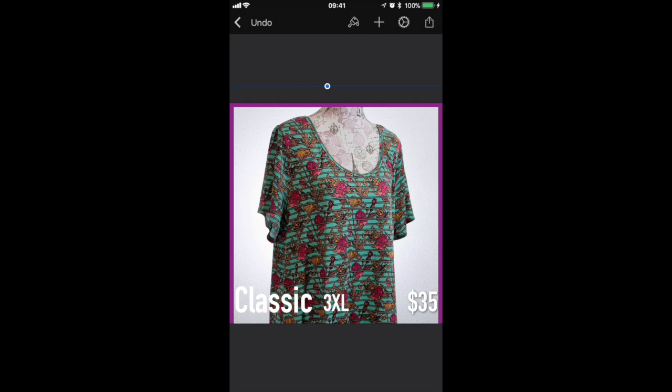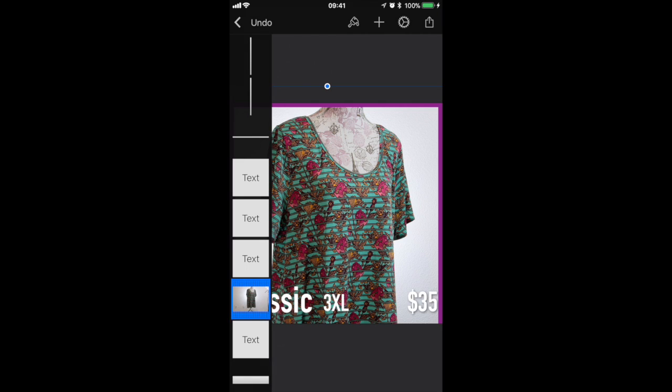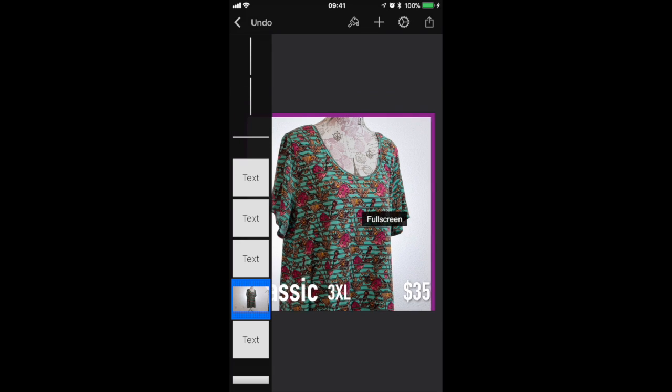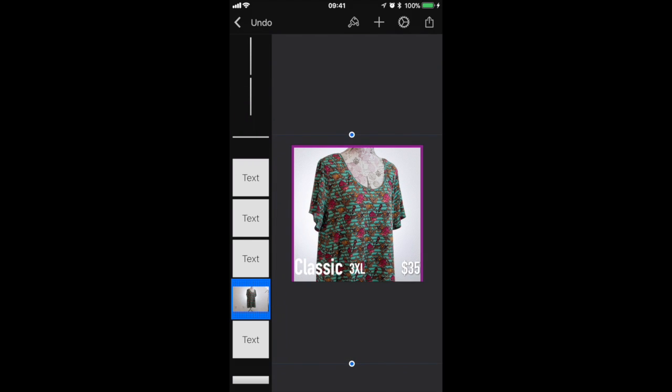Except now our template's all messed up because you can see the photo covers the bottom bar, the bottom margin. It covers up our branding, but the text does show through. And this is because of the layers, or how the layers are organized. So if I tap on the left-hand side, let's bring up the layer palette again. And here you can see I'm going to shrink the photo down just so you can see what's going on here. Here you can see if I tap the very top one,